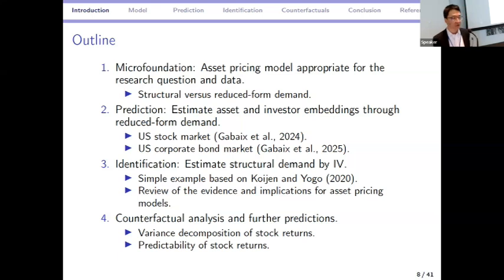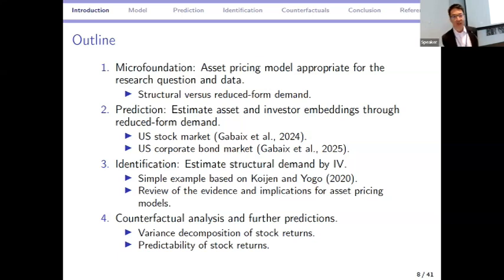So that's the third step. And that's what we do in the original 2019 JF paper, as well as some of our subsequent work. And there you have to think very carefully about identification and instruments. I'll go through a very simple example that explains the identification in a fairly transparent way, because I think there is some confusion about how identification works in this setting.